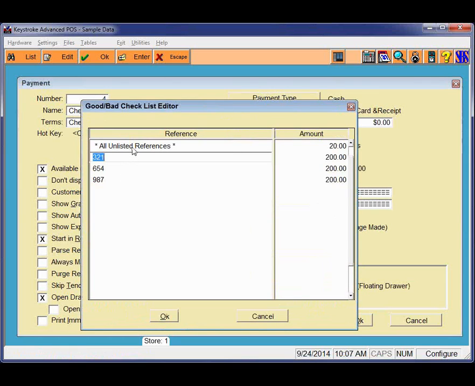In my example, anything that you put in the payment reference field that doesn't match any other criteria on this list, we're going to allow to write a check for up to $20. People who are on this list can write checks for up to $200. Now, in both these cases, with good check or bad check, a manager with an appropriate security level can override this